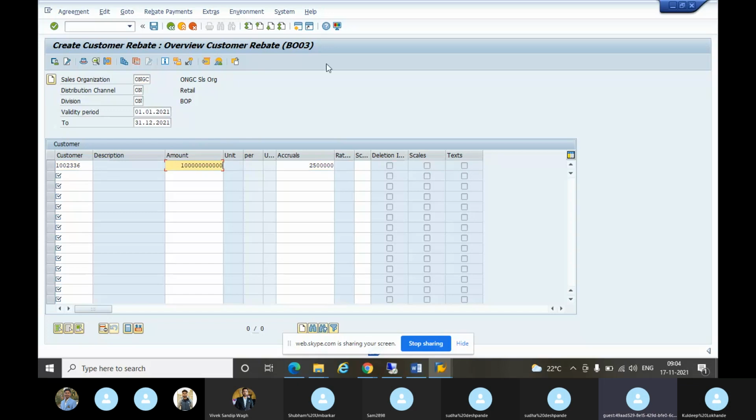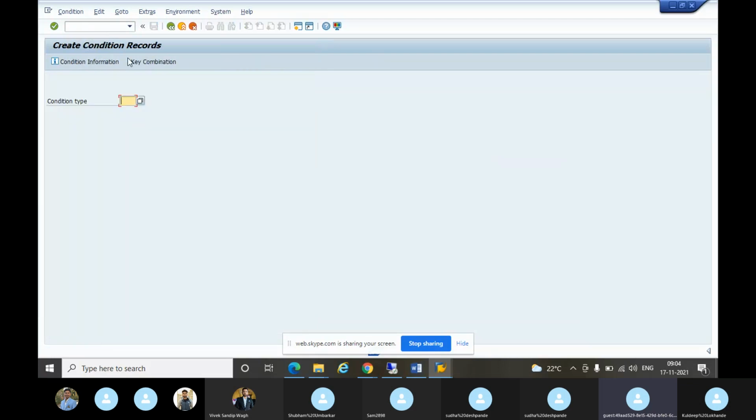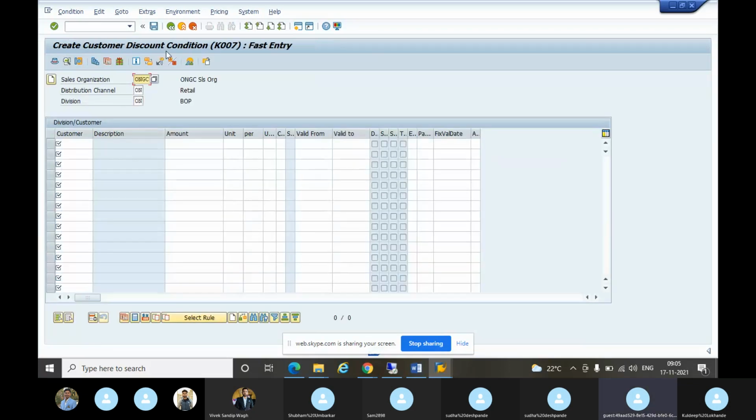So here one question they will ask in the exam. What is the difference between the rebate condition record and the normal condition record? What is a normal condition record? See, a normal condition record is K007. Here in this discount, sales organization, distribution channel, customer, everything is there. Here amount is there, but there is no accrual.